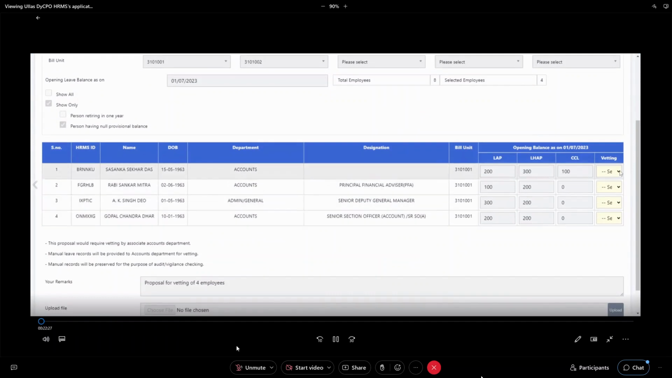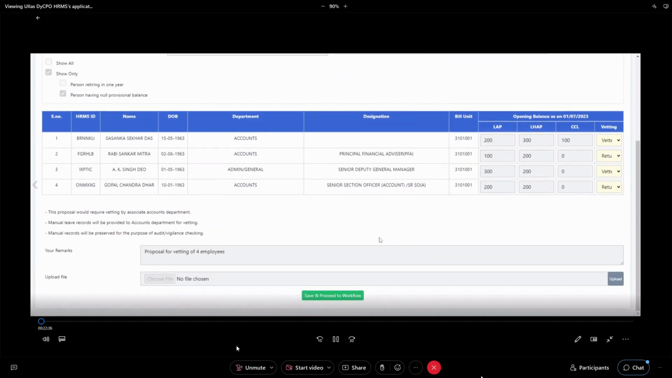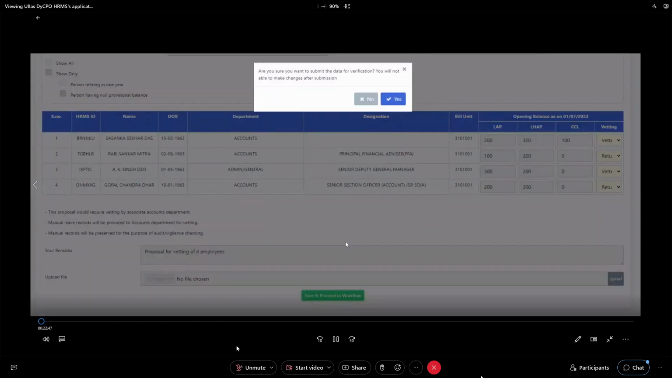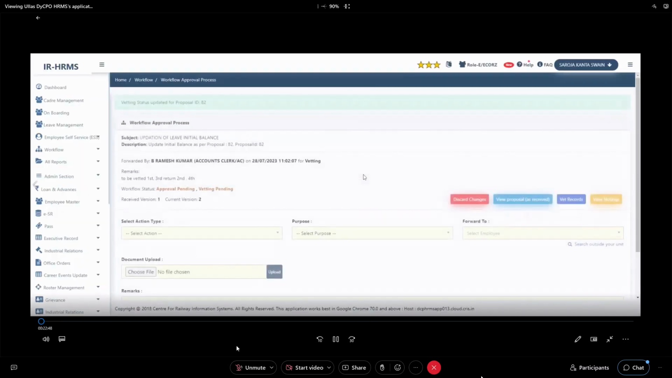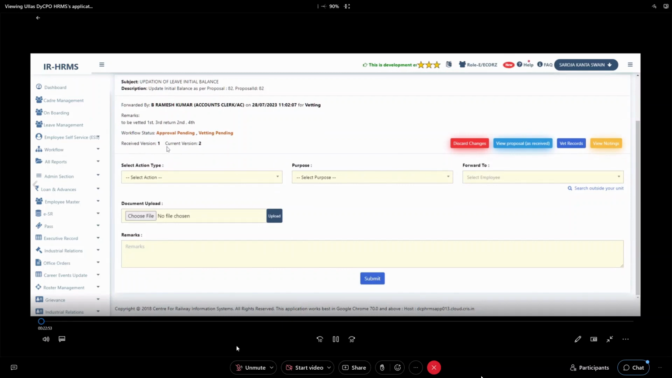Okay, I'll go vet the first and third and return second and fourth. In the actual scenario, the remarks of SSOs may be further comprehensive about which HRMS to be vetted and returned. Now I save this and proceed to workflow. Okay, so now received version 1, current version 2. This is why the version has changed because we